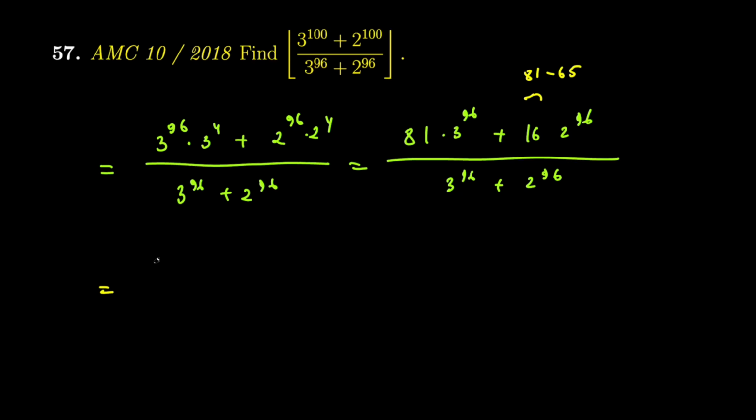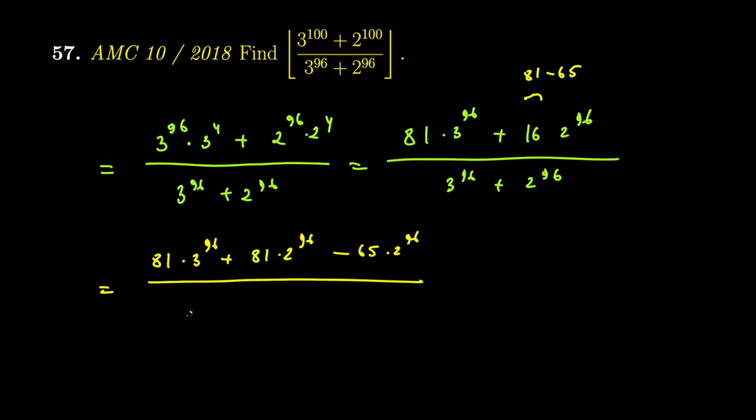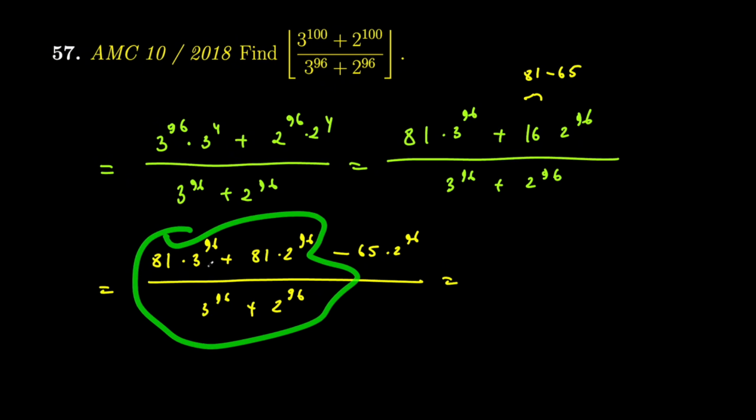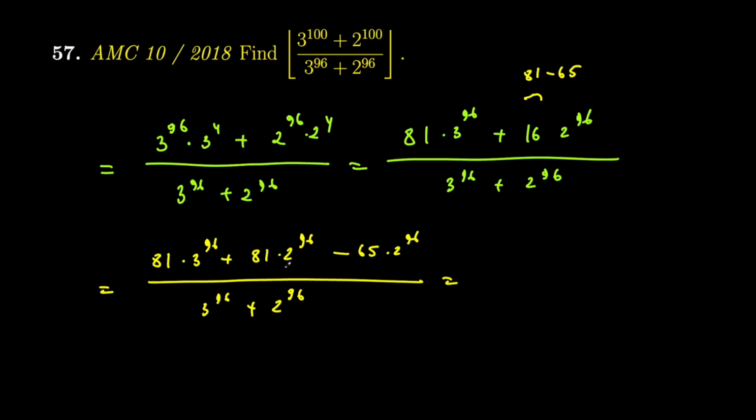What we have is 81 times 3^96 plus 81 times 2^96 minus 65 times 2^96, over 3^96 plus 2^96. The first part of this expression is 81, because the whole expression is multiplied by 81. So I'm going to write it as 81